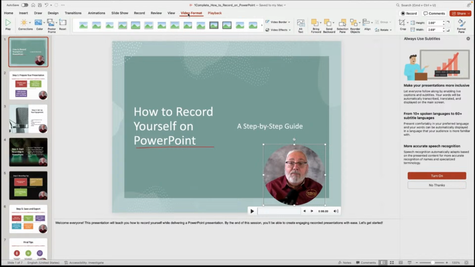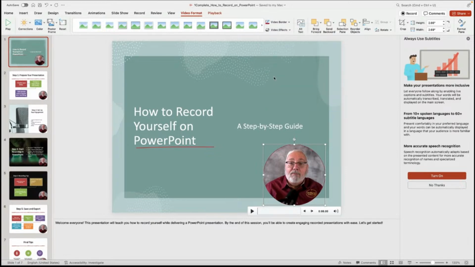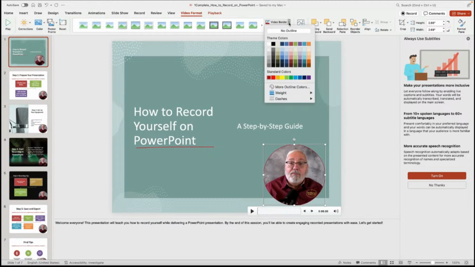And there's this thing called video format, which allows you to do things like change the border around it, having some kind of an outline. So let's say I wanted to, I don't know, outline it in red. And then I can also make that a thicker outline.